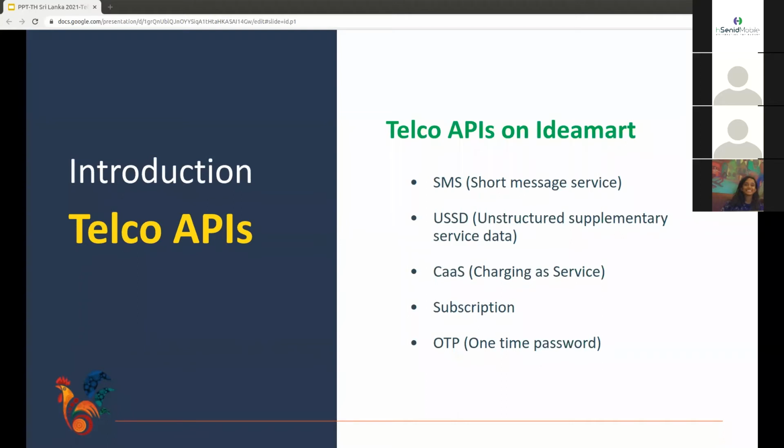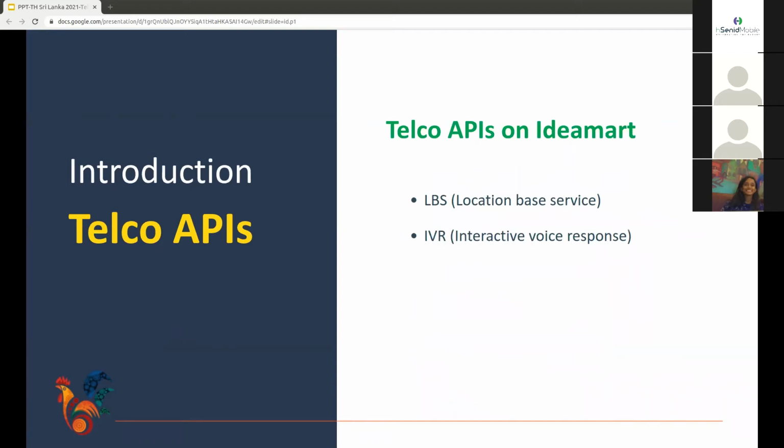Subscription, which contains subscription service related methods, services such as news alerts and caller tune service, which has a subscription, and OTP related methods. LBS, which is location based services, and IVR, interactive voice response for automated voice responses.